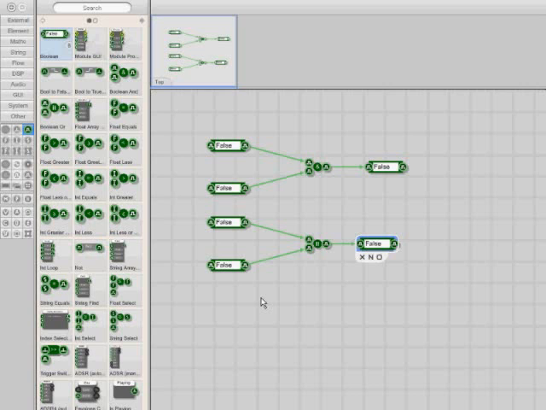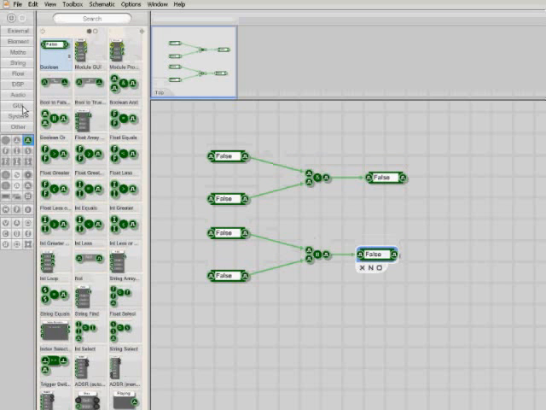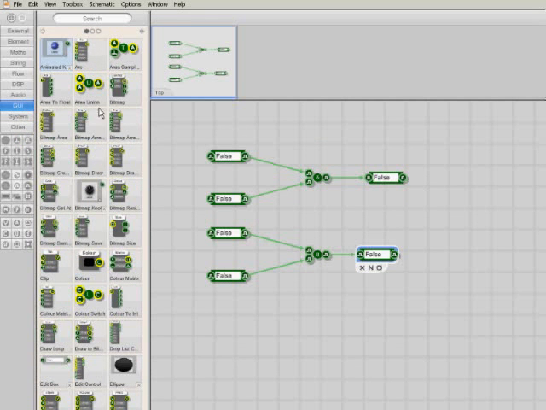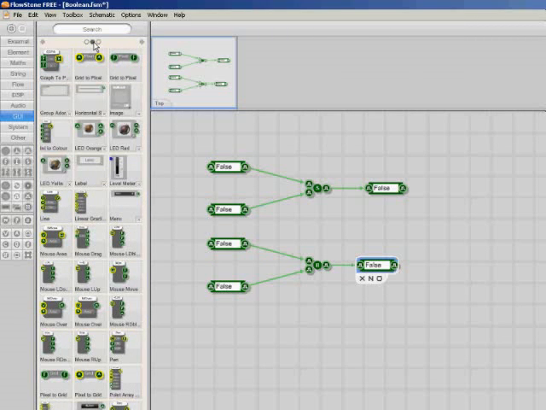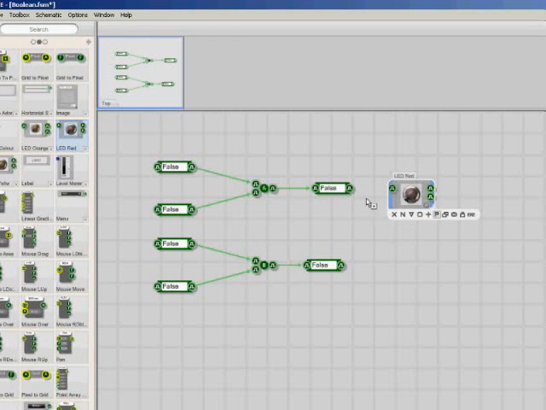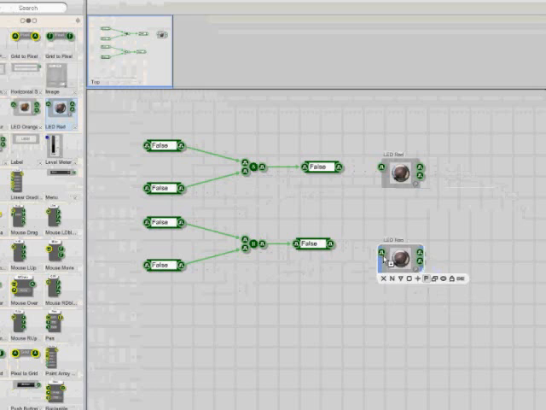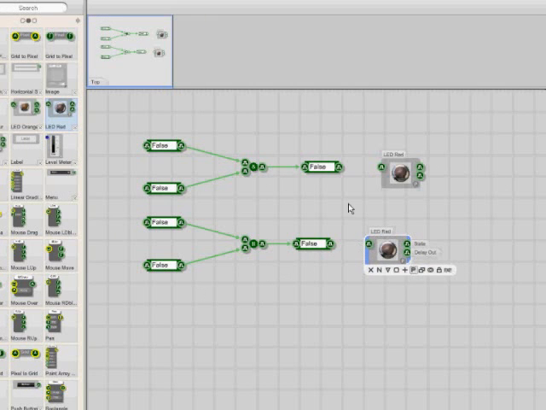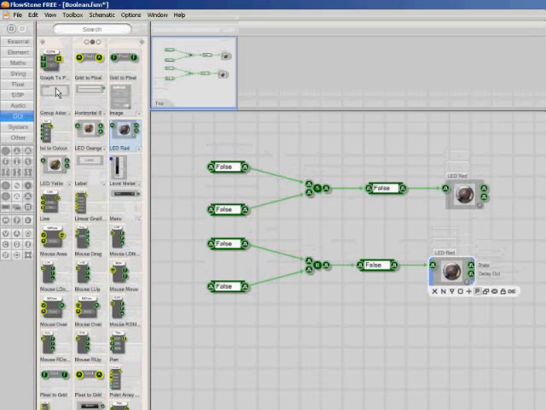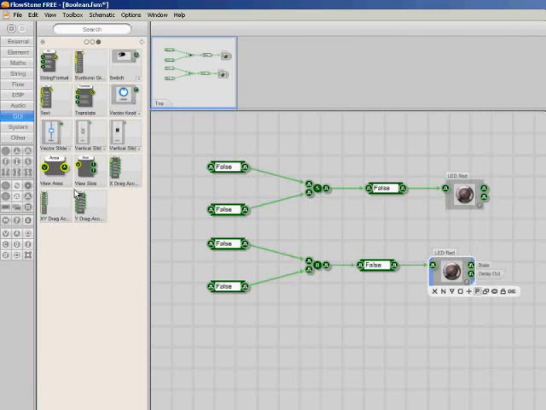Okay, so let's make this a little bit more interesting and user-friendly by adding some graphics to this, and these are going to be using GUI elements. And if we click on our little GUI filter, you can see there's lots of different GUI elements here: switches, knobs, buttons, sliders and things. And what I'm going to use is an LED to display the output a little bit more attractively. Okay, so now we have two LEDs on the output,